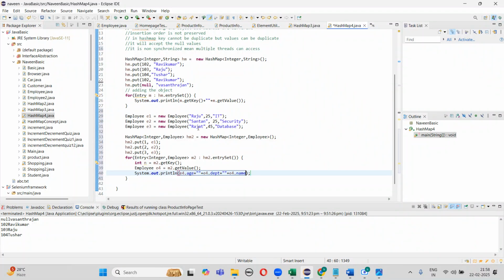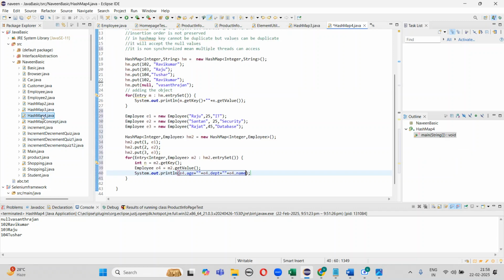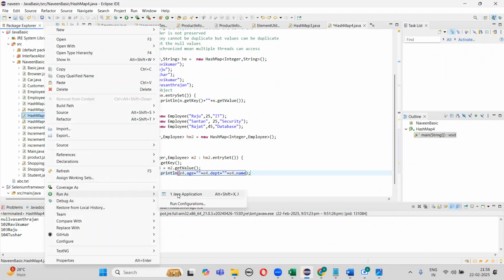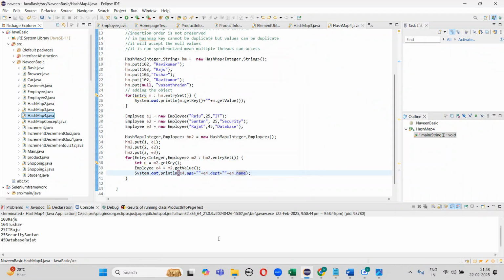I have created the object and here I have taken the constructor. So in hash map I'm adding the objects. Employee objects I'm adding and in the next step I'm getting those values. Now I will run the program and see. So you can see that all the values, age, department, name, have been